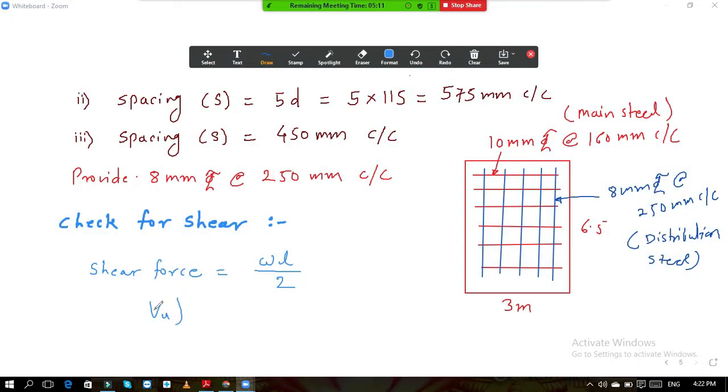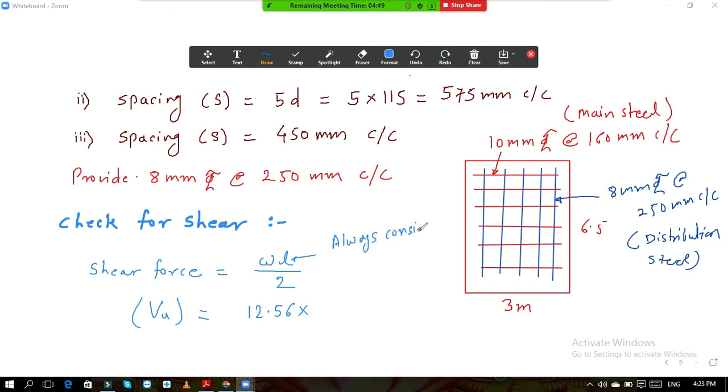So Vu is the notation which we are using for the shear force. Vu is equal to w. What was our load on the slab? It was, I think, 12.56 something. Check the value, multiplied by span. So here I have already told you,